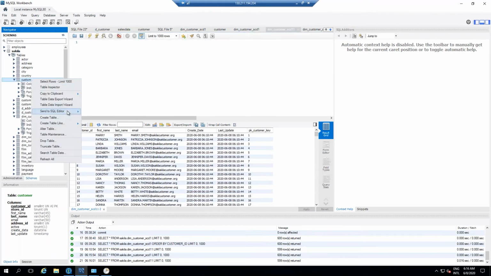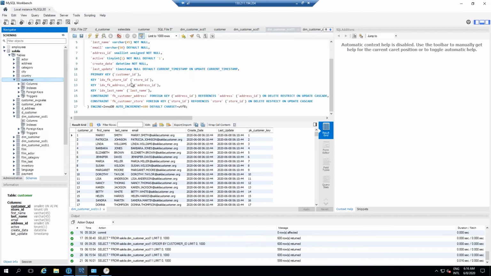So while you are defining the table structure, one thing is you can always give the create date a default value, which is the current timestamp. Another thing is for the last updated date, you can say timestamp null default current_timestamp on update current_timestamp. Means whenever any update happens, this last updated date also should